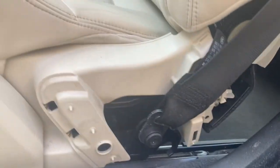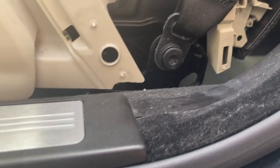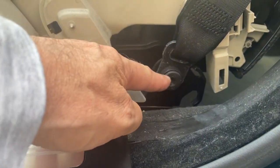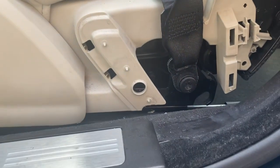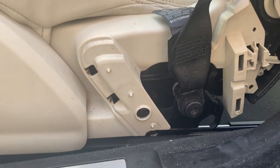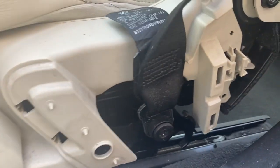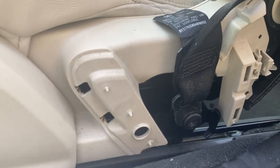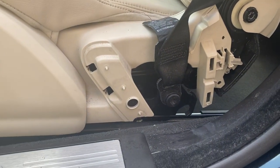Okay, so this is throwing me a little bit. I don't have the Torx for the seatbelt. I have seen online where another guy simply rocks the chair right to the back. All 4 bolts have been unscrewed. So now they're unscrewed, rather than take the chair all the way out, which would have been ideal, I'm just going to see if I can rock the chair back and leave the